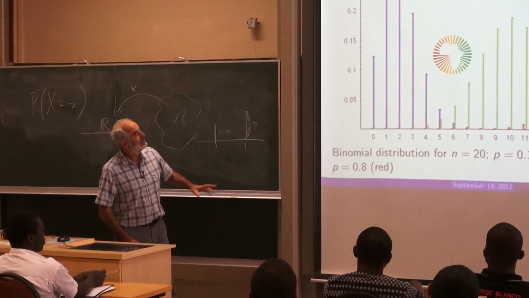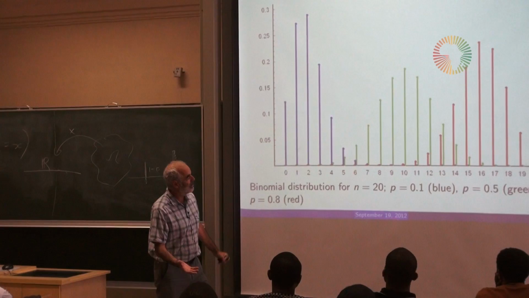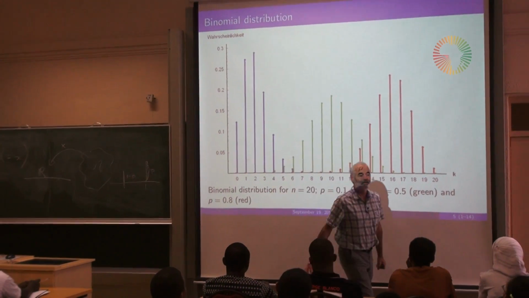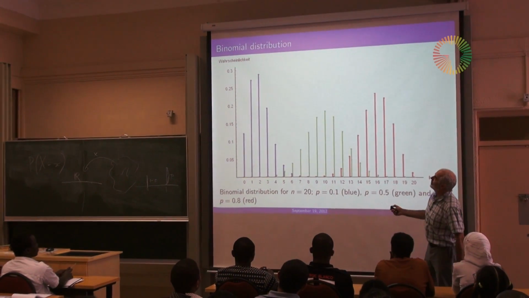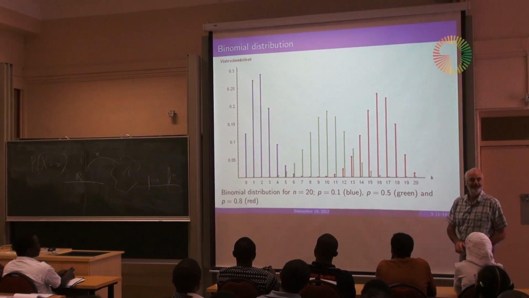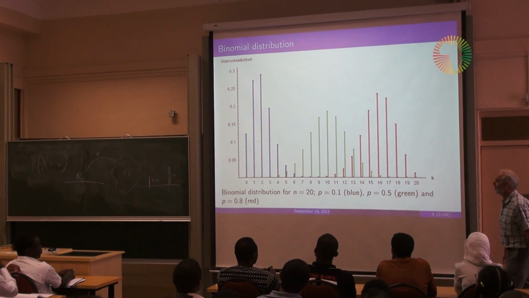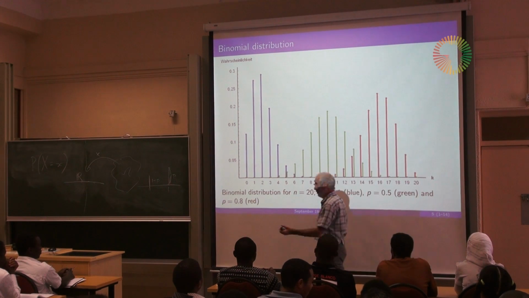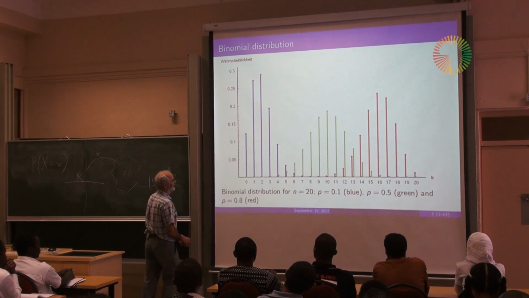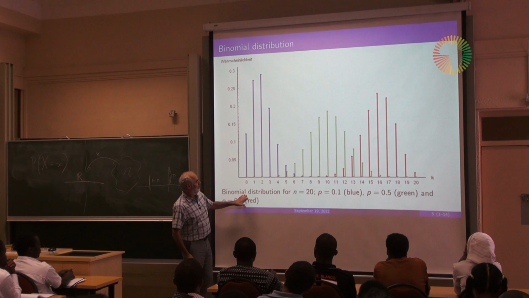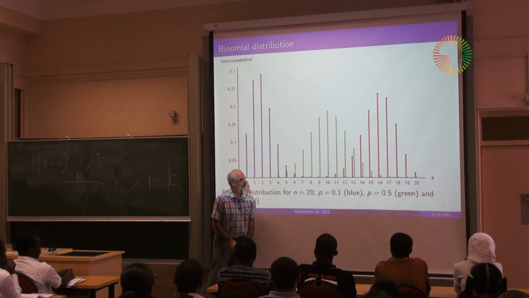Okay. Now we're getting on to new stuff. Here are some binomial distributions. I got them off Wikipedia, so that's why they're in German for some reason. Wahrscheinlichkeit, I'm sure it means probability in German. I don't know why it's a German graphic, but this shows, for example, a binomial distribution for n equals 20.